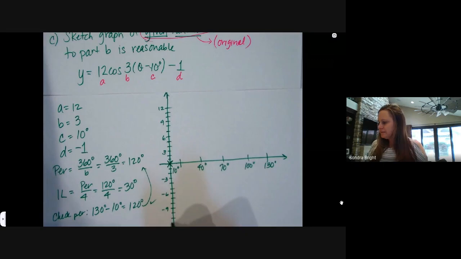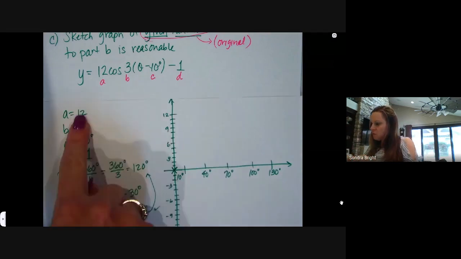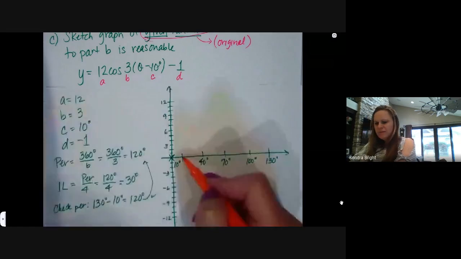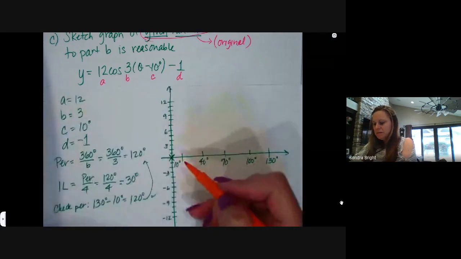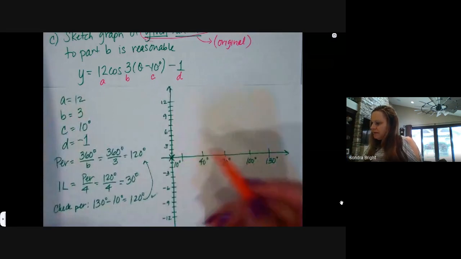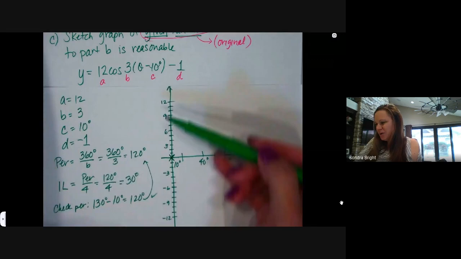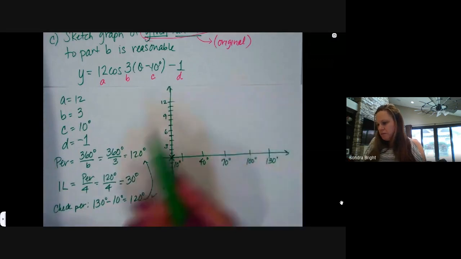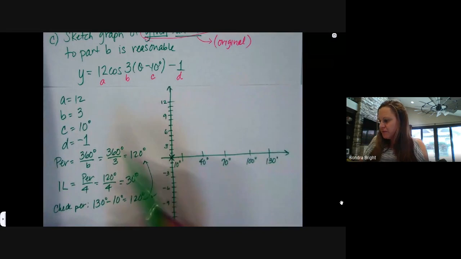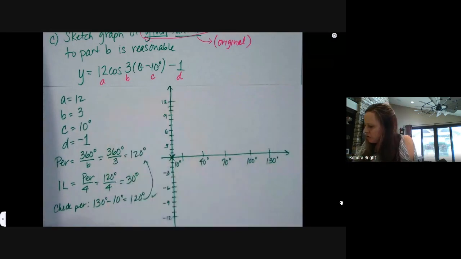All right. And then your cosine graph starts at, it's a positive A value. Right, so we're going to start up high. So when your theta is 10 degrees, am I going to do it in 2 steps? It would be up to 12 and down to negative 12, but then we're going to shift the whole thing down 1 unit. So what you could do, and if any of you have tutors, maybe some of them taught you this, you could draw a new